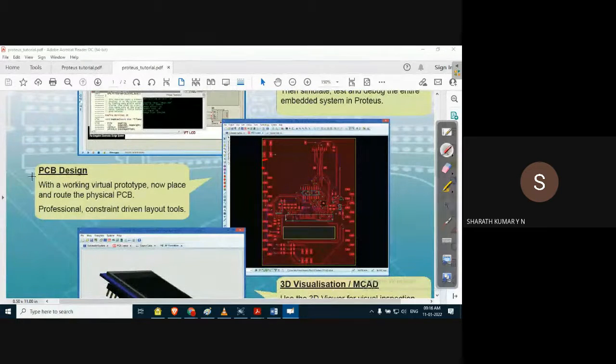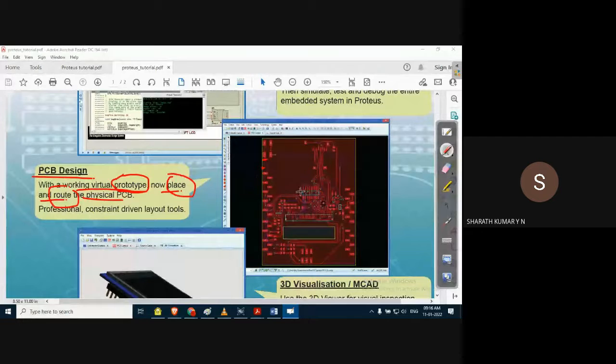Then comes the PCB design. We can use Proteus to design PCBs, to convert our schematic into a PCB design. So working with a virtual prototype, place and route is a function in a PCB model. Place and route the physical PCB. That means our schematic is converted into a prototype, called a virtual prototype, which can be placed on the PCB hardware and routed.